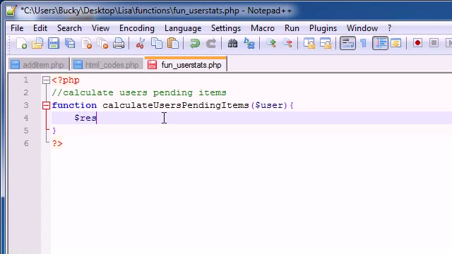Pending. So just go ahead and make a variable called result and set it equal to mysql_query. Now is the query, let me set everything up. What we want to do is select, and it really doesn't matter what we select, but I'm just going to go ahead and select item number, because we really only are worried about how many rows this query returns. So we can really return any piece of data. It doesn't really matter. Same number of rows, whatever. From items